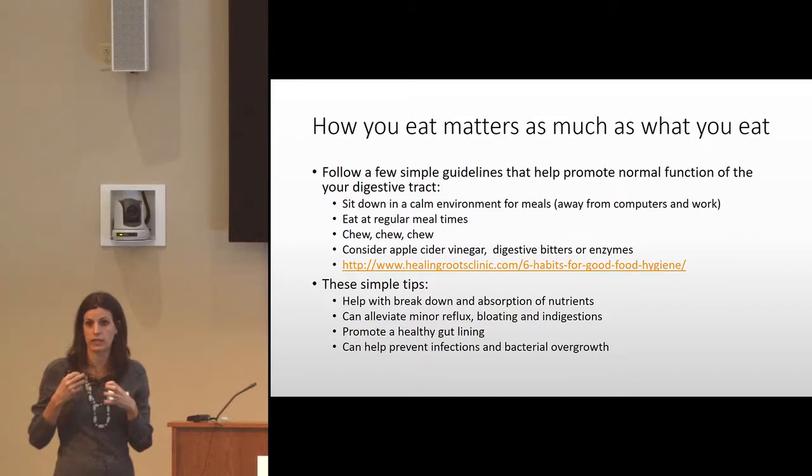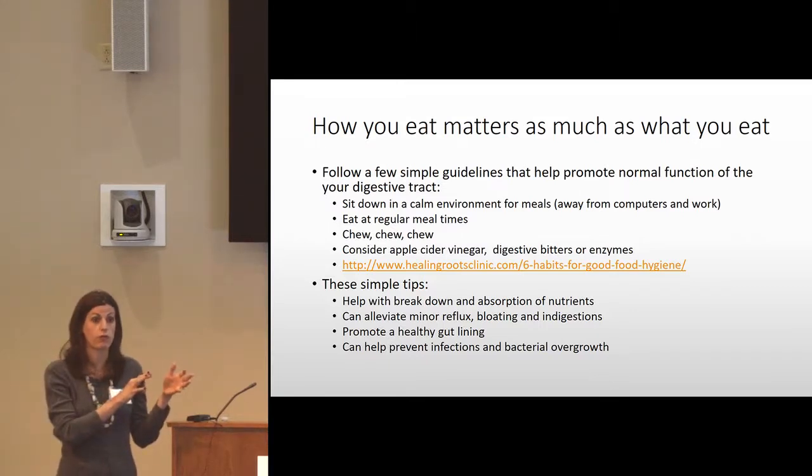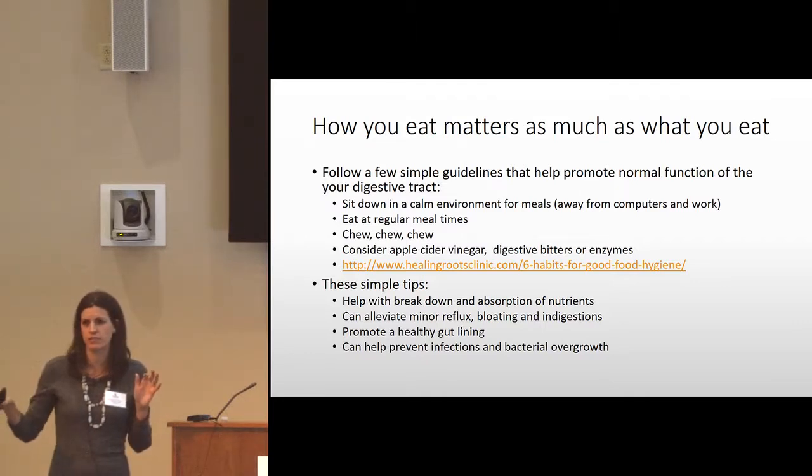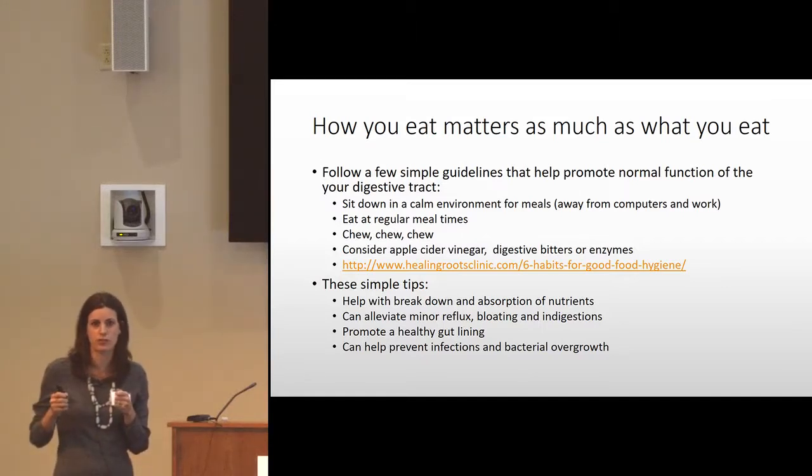When we're eating quickly and we're in traffic or we're working or we're having a tense conversation, we're in that sympathetic part of our nervous system. And in order for our digestive tract to function properly, we need to be in that parasympathetic state. So we need to be in a calm place. The reason our body does this is because when we're in a sympathetic state, we're supposed to be running from a saber-toothed tiger. And we think that our traffic and our emails are a saber-toothed tiger.